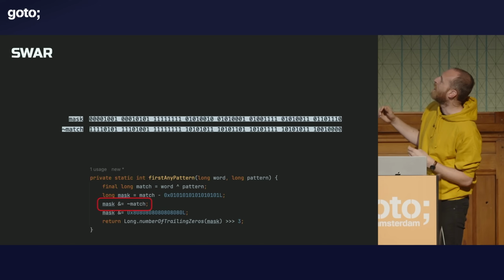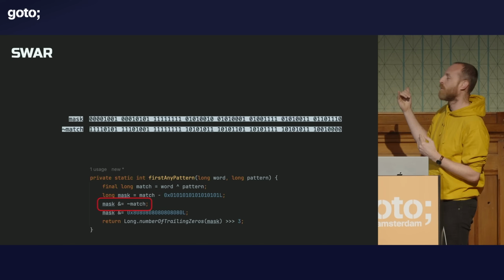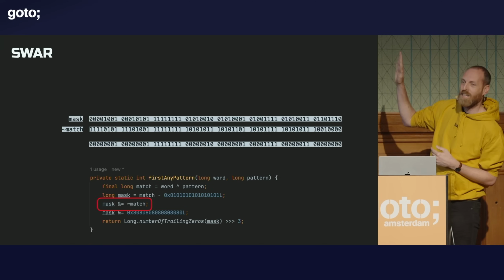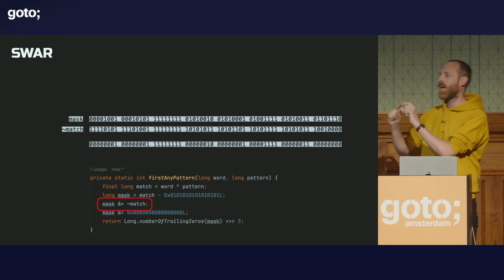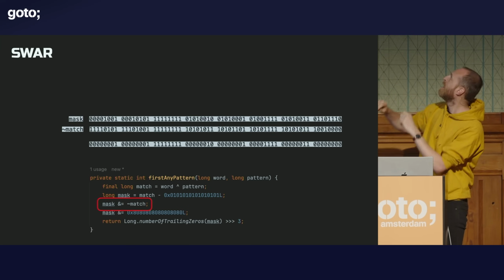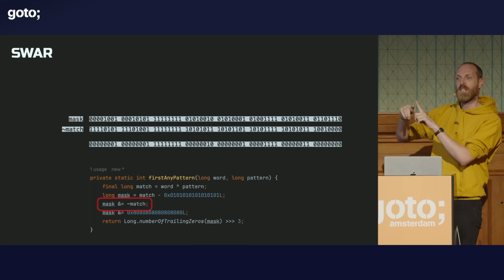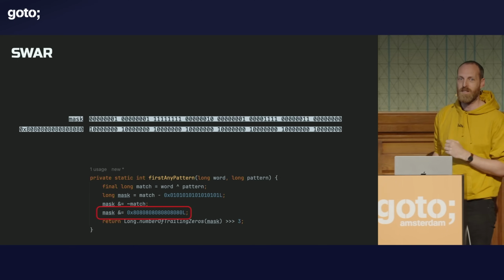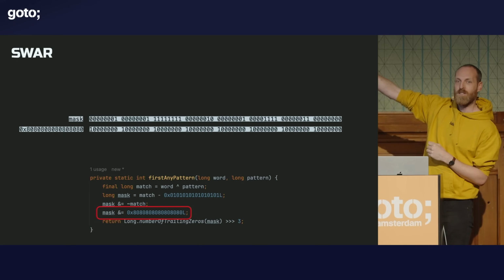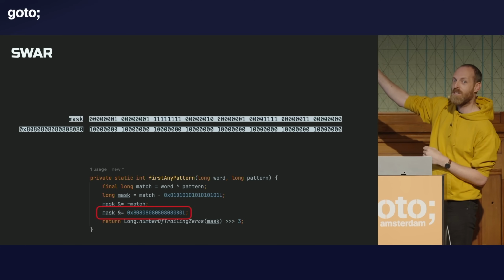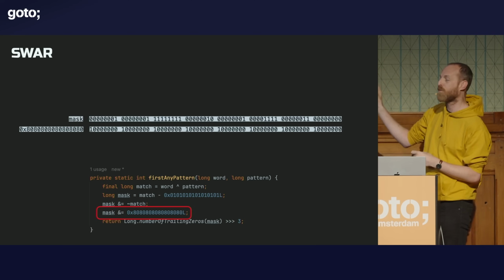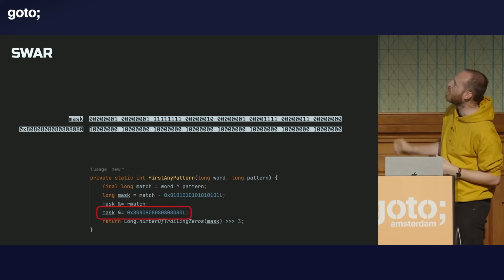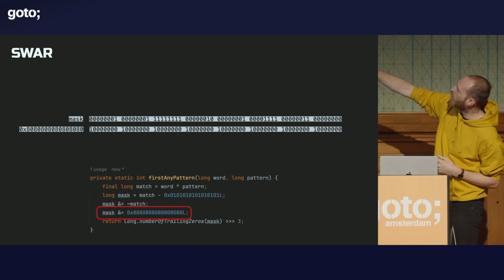What we do now is that we end it together with the opposite of the thing that we started with. And as you can see, this is what we end up with, which basically counts the number of zeros that it had. So if you had a lot of zeros, it becomes all ones. And if you had just a couple of zeros, you get a couple of ones and then a zero. And now we can look at the most significant bit, because the only way to get all ones, where the most significant bit is 1, is the case where the thing that we were looking for was exactly the same bits as before. So using just 1, 2, 3, 4, 5